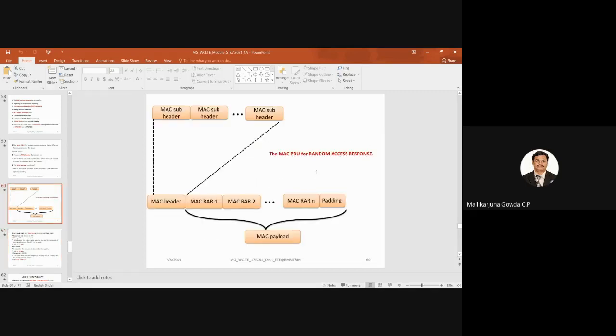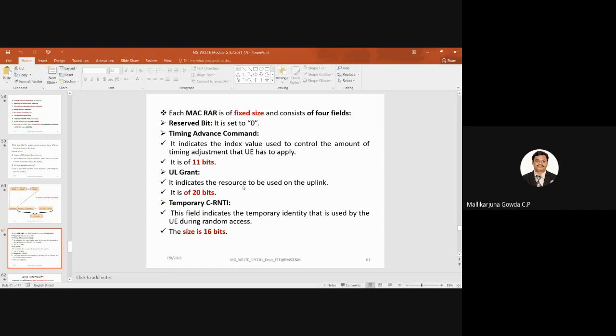Again, we are going to discuss what a MAC random access response consists of, right? Each MAC RAR, that is random access response, is of fixed size and consists of 4 fields. First one is the reserved bit, it is set to 0. Then the second one is the timing advance command.